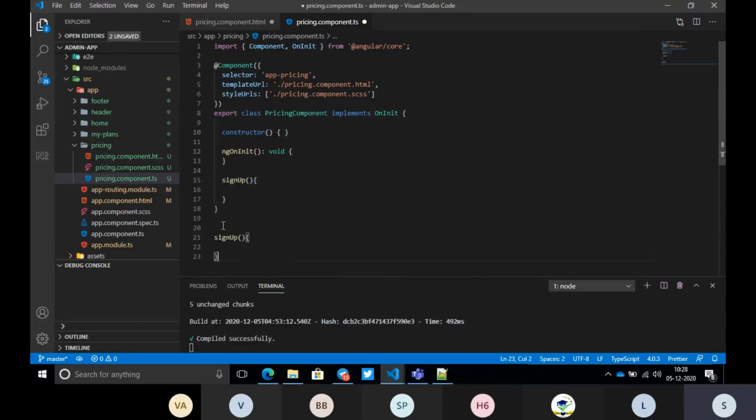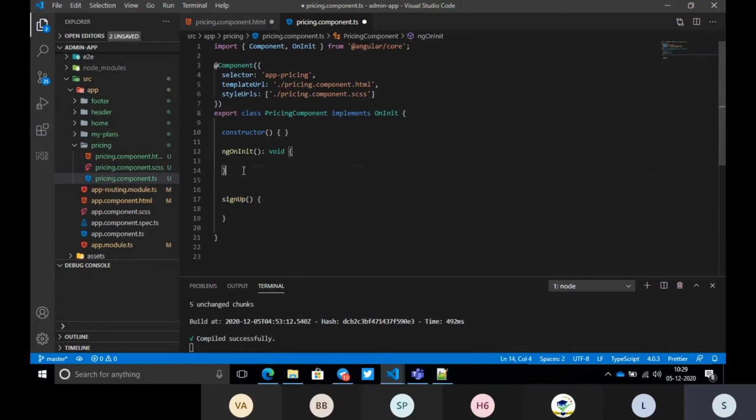Suppose I am writing outside. You might think, sir, I am writing my method inside this file only, but why is it not taking? Because it is not part of this class. It is part of the class only from this bracket to this bracket, so make sure you write inside the class. Sometimes people write a method inside another method. Don't do it, you should write it outside the other method. Whenever you write any method, the first thing to check is whether you are writing it inside the class or not.